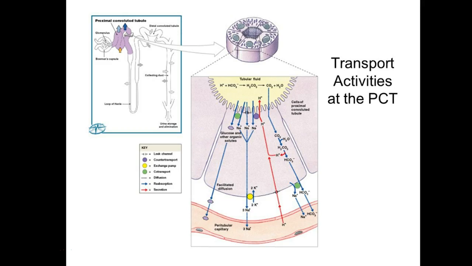So you have water being reabsorbed, and farthest to the right, you have water and carbon dioxide being reabsorbed. Carbon dioxide is a byproduct of the buffer system, the hydrogen and hydroxy ion. The hydrogen in the